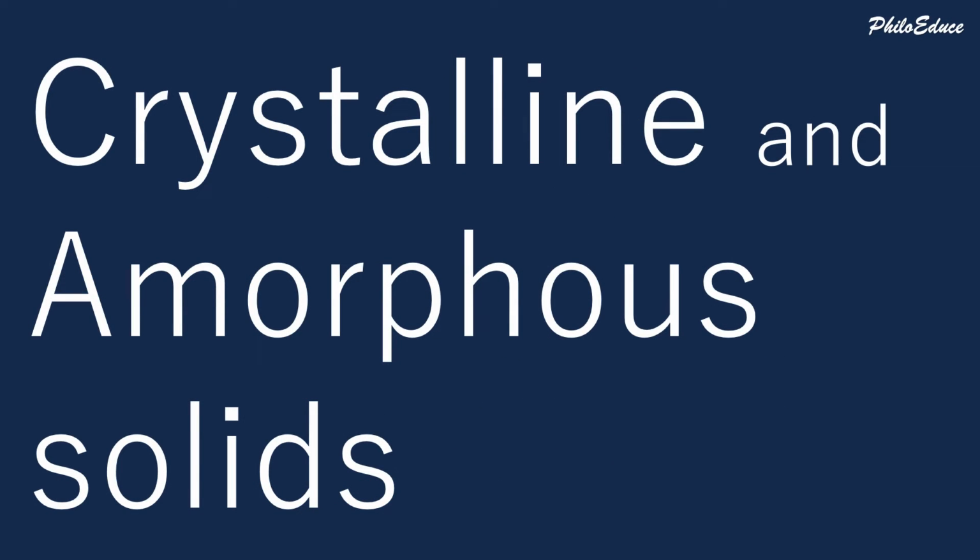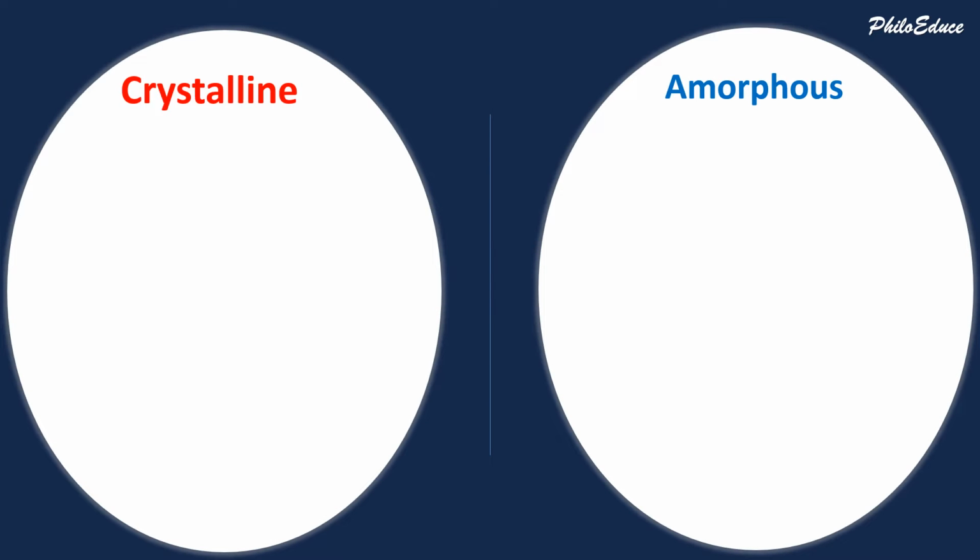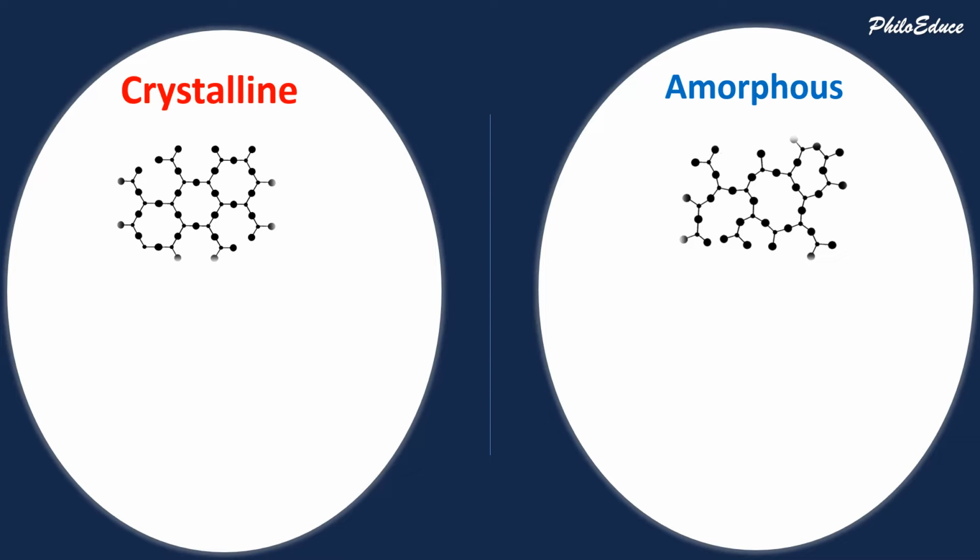After these introductory words, now we can move on to the core chapter, which starts with the classification of solids into crystalline and amorphous. What is a crystalline solid and what is an amorphous solid? Basically, this structure tells a lot about the properties and character of crystalline and amorphous solids. In this picture, in the case of a crystalline solid, it is clear that the arrangement is so perfect and it is always the same in the crystal. But in the case of amorphous solids, there are arrangements, but they are not continuous.